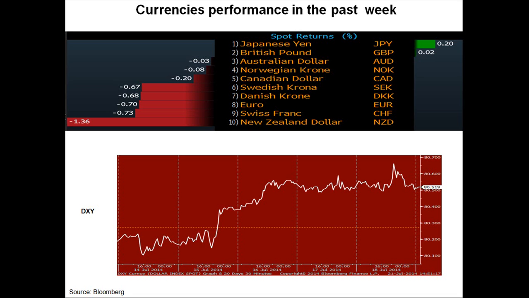The rest of the currencies you can see underperformed the US dollar, and you can see the Kiwi is down 1.36%, right? You have to know the reason why the Kiwi is down 1.36% against the greenback. The reason is because they announced a lower than expected CPI. That's the reason some traders pared the bets that they probably will hold the interest rate unchanged at 2.35% this week. But in our point of view and also in the market consensus, the problem in New Zealand is